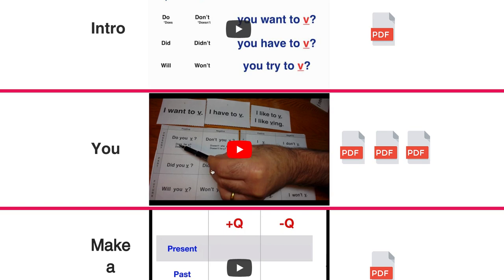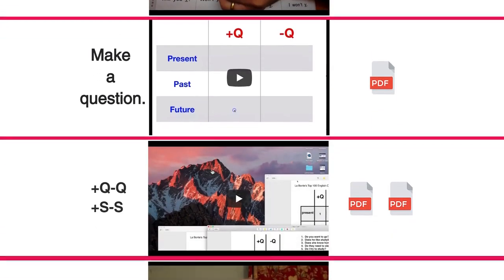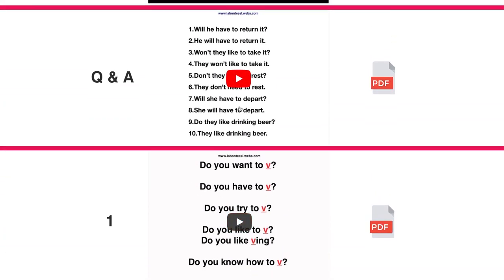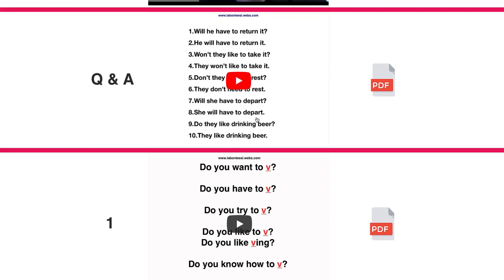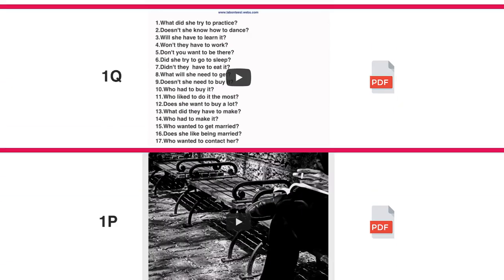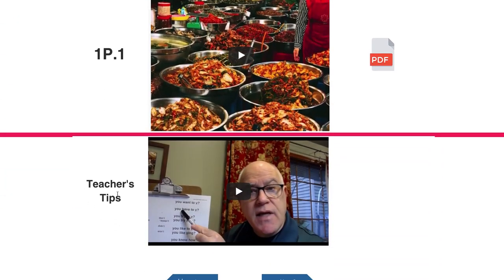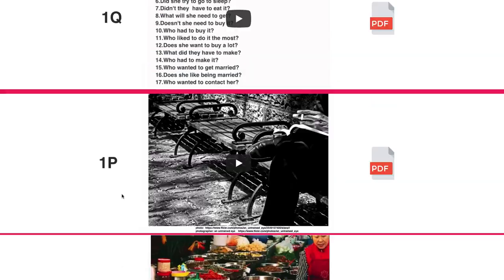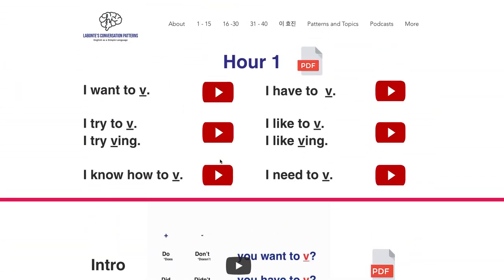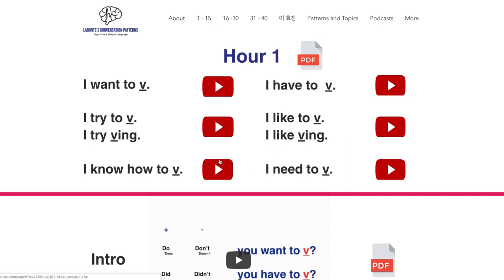After I teach them, I expect that they would spend some time with the patterns. They can do it either with where this is printed out here, as you can see, or they can go down to where there's a photo and patterns, all 6 patterns studied in the hour are utilized asking questions about these photos. At the bottom, there's always teacher's tips, which is just my bit of rambling on how I would teach that hour. So I think you can do this within 30 minutes.